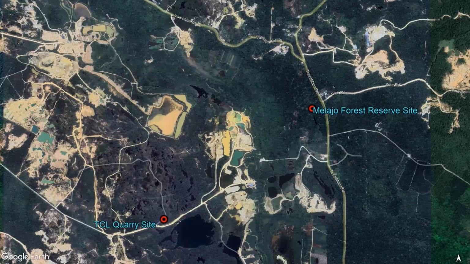And as you can see to the left, the TCL quarry site is in the middle of a large conglomerate of quarries, whereas the Malau Forest Reserve is located to the eastern side of the general location.